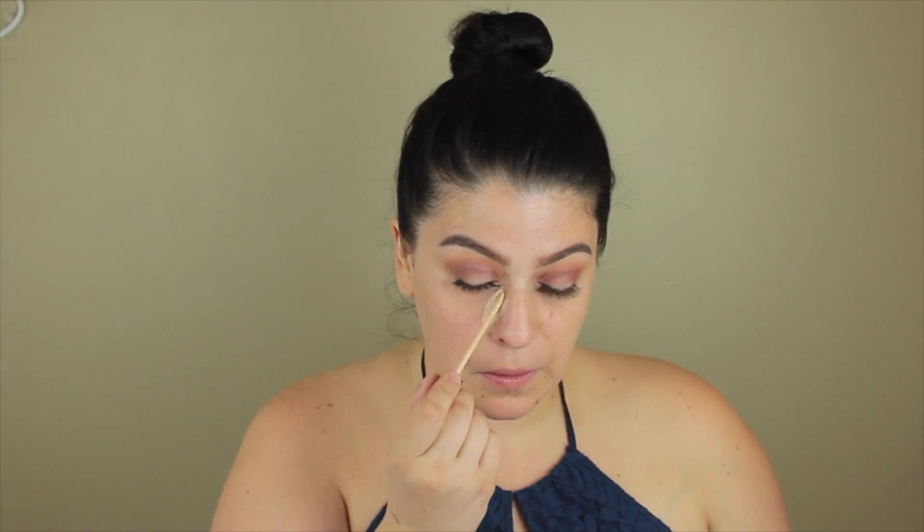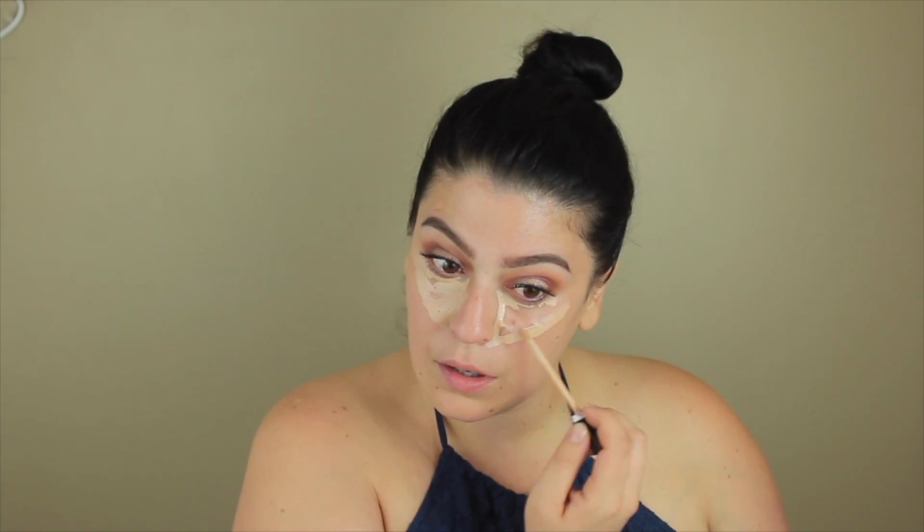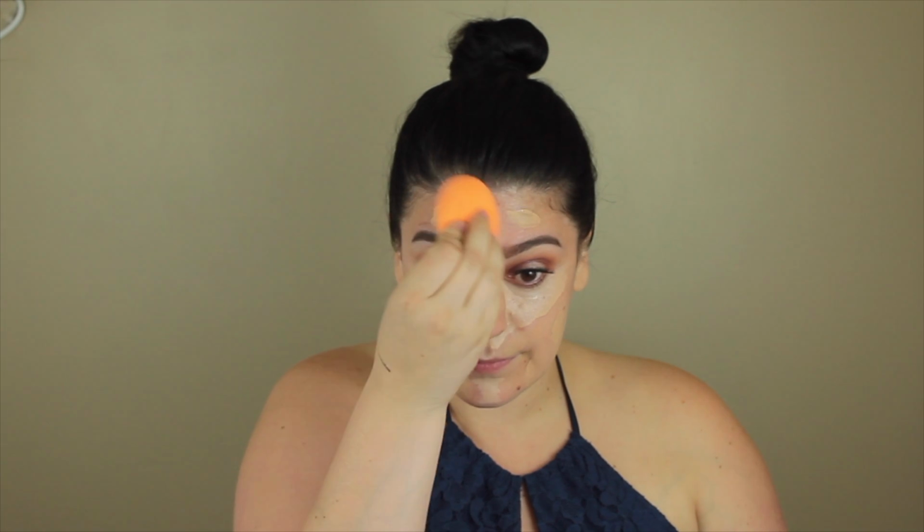I'm going to start off by using Maybelline's Fit Me Concealer. I'm going to use that to highlight the undersides of my eyes, right down my nose, my chin, and then I'm going to take the L'Oreal Pro Matte Infallible foundation. And then I'm going to put that everywhere else. I spray my face with the NYX Dewy Mist spray, and then blend everything together with my Miracle Complexion sponge